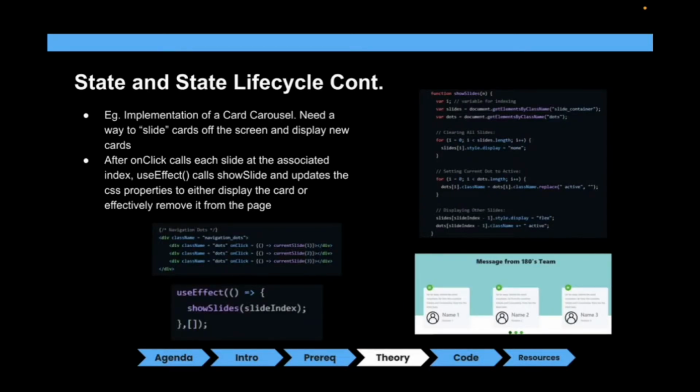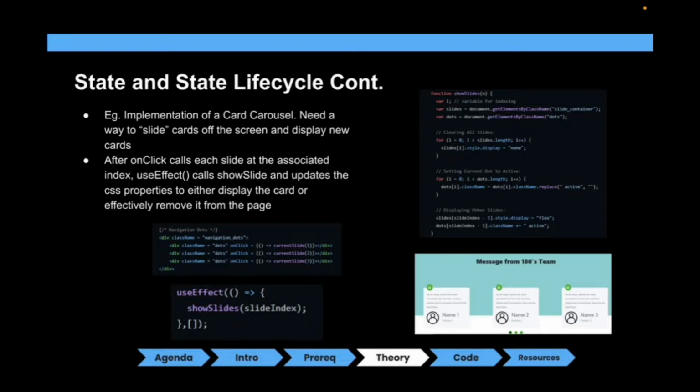So let's say you wanted to implement a carousel in React. A carousel is where you have a bunch of cards with different information, and they can be slid on and off the screen with just a couple of buttons that you can see in the bottom corner. You would do this using the useEffect hook. You can see that we have three different onClick methods for each of the three dots. When each of those is called, an index is passed to the showSlides function, and it